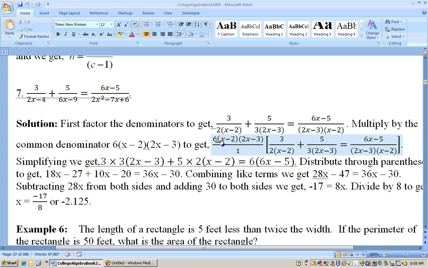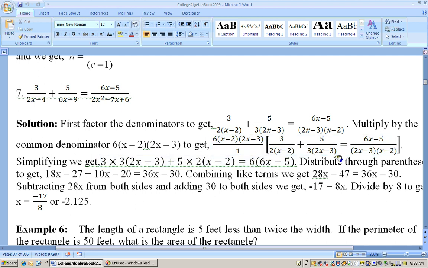So here's what you do. When you multiply by the common denominator, you say, what's extra in the common denominator that's not in this denominator? Well, 2 goes into 6 3 times, so I'll need a 3. And also there's a 2x minus 3 extra up on the top. So that 3 and the 2x minus 3 needs to be multiplied times the 3, and that's what I have